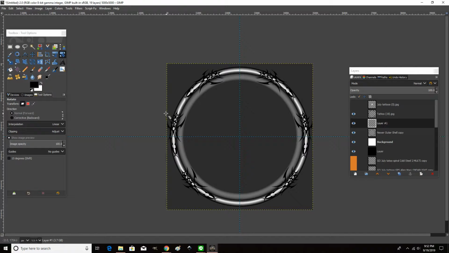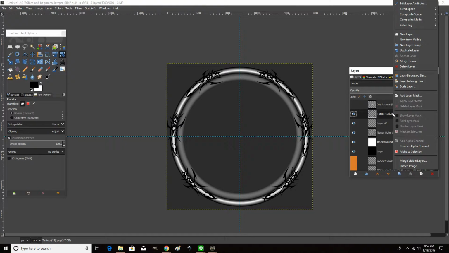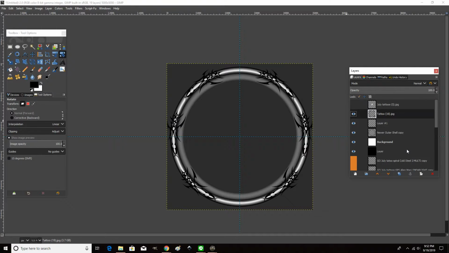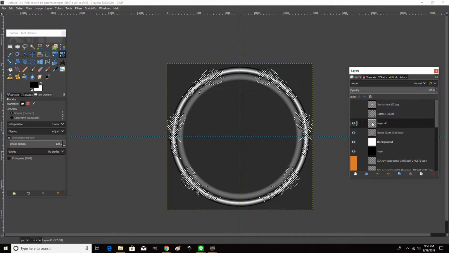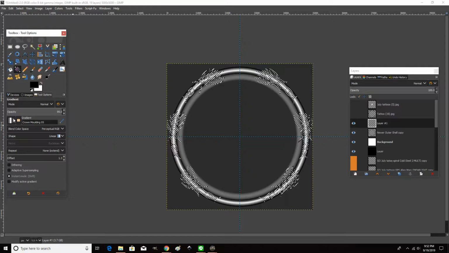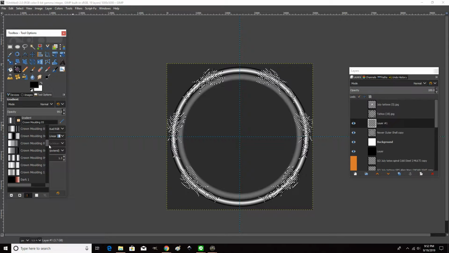Okay. I'm on the tattoo layer right now, and I go alpha to selection, so I'm selecting the shape, and turn that off however you want. This is the transparent layer I added, so this is an empty layer, there's nothing there. Go into the gradient tool, and I'll show you,